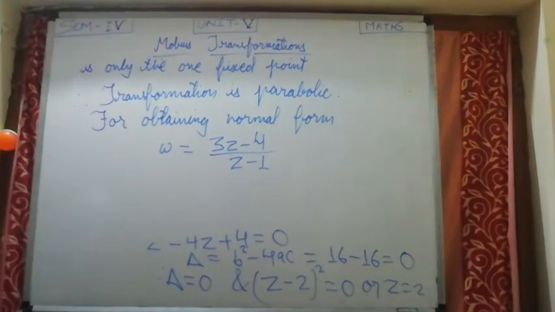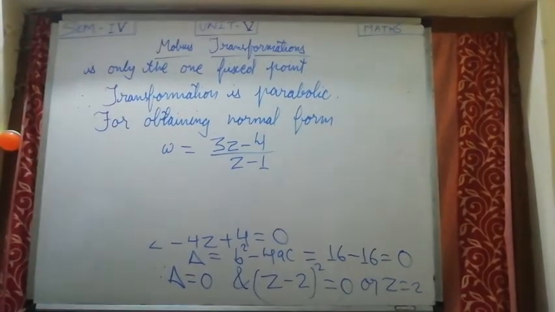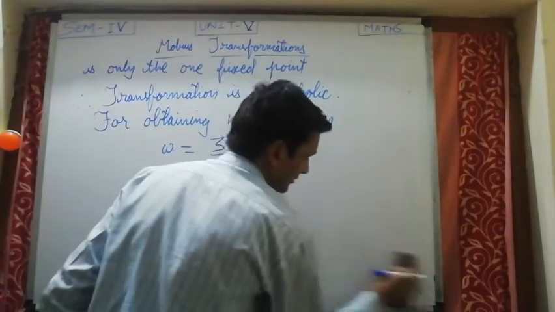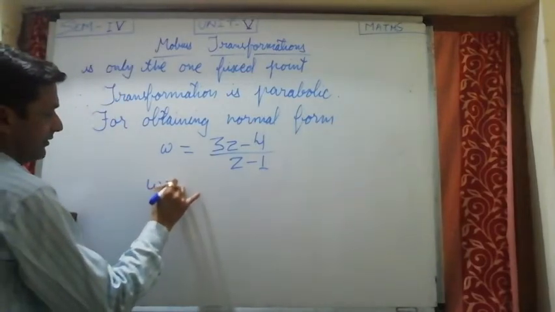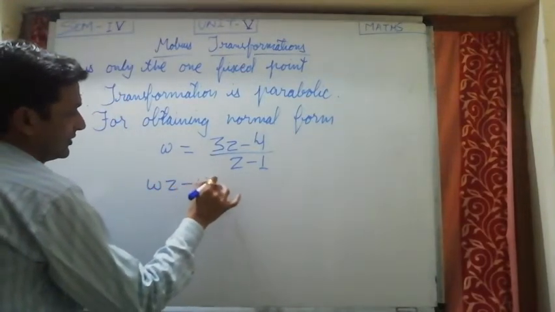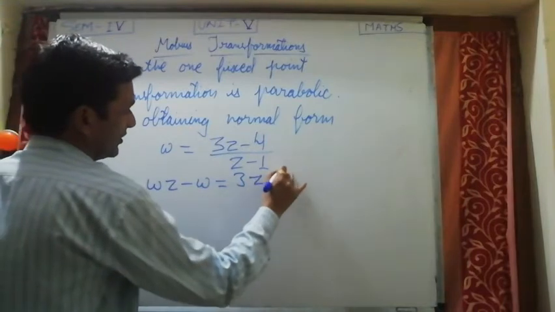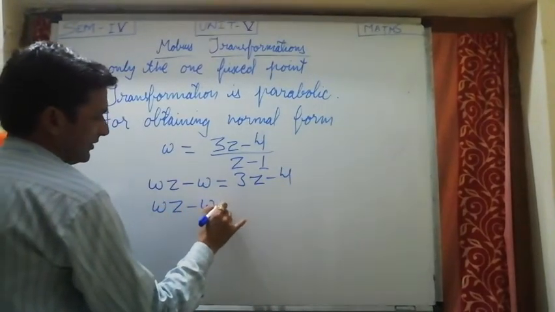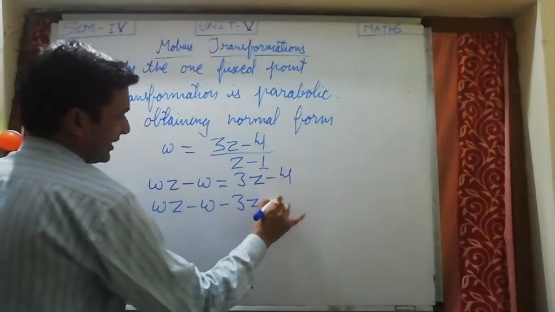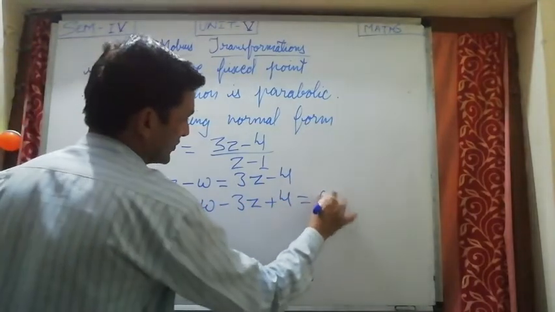This is only our equation, which was the basic equation given in the question. So now it will be wz - w = 3z - 4, or you can say wz - w - 3z + 4 = 0,